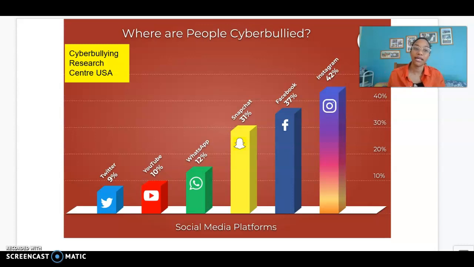And we know that sometimes that feature in a social media platform can increase how much people are taking in the negative effects of that social media platform. So Instagram has the highest percentage of folks bullied, with Facebook at a close second. Snapchat is following a bit behind that. WhatsApp is a sharp decrease down. WhatsApp, YouTube, and Twitter are much less risky when it comes to bullying, and we have to wonder why that